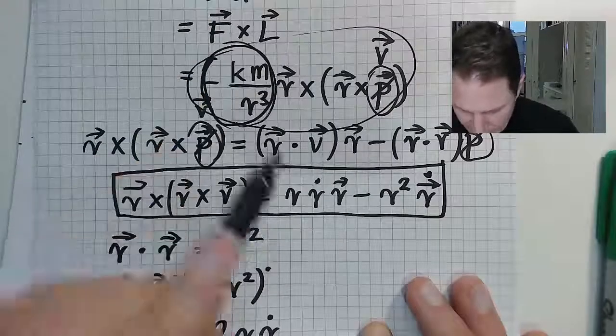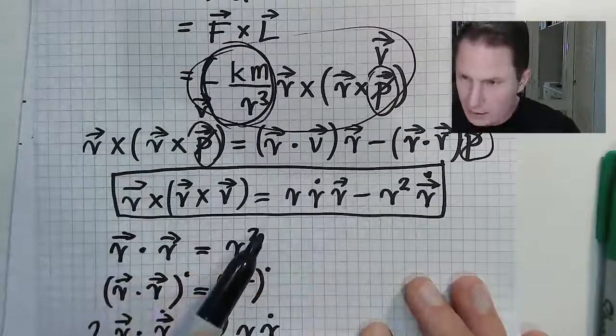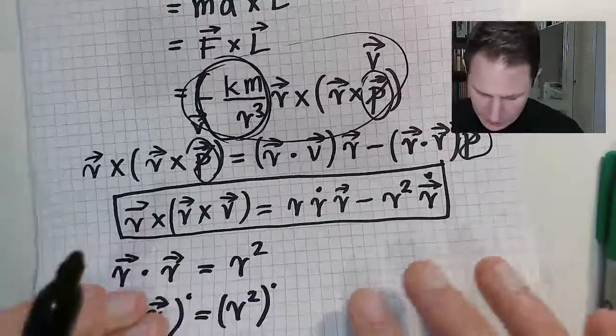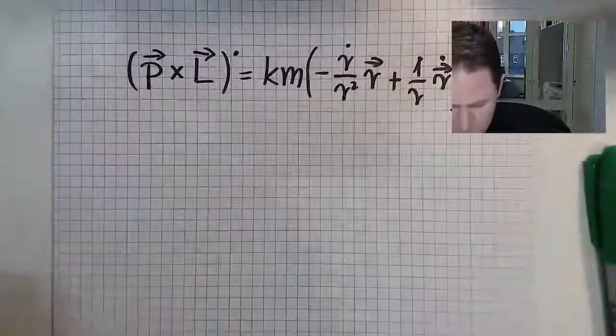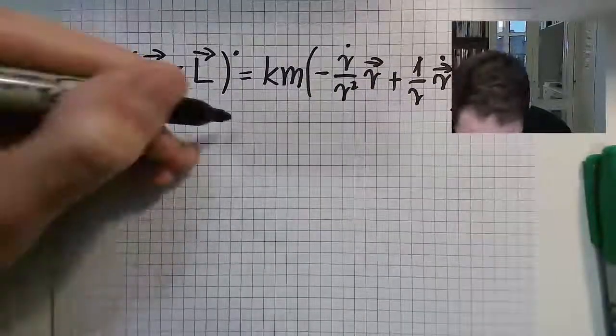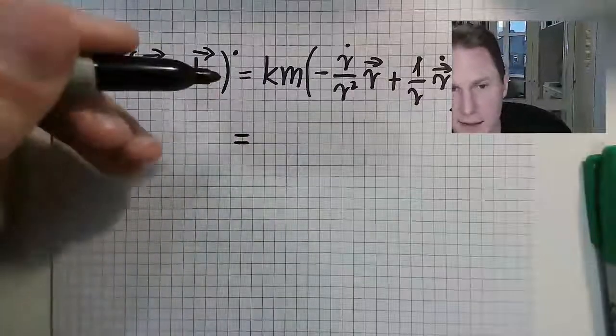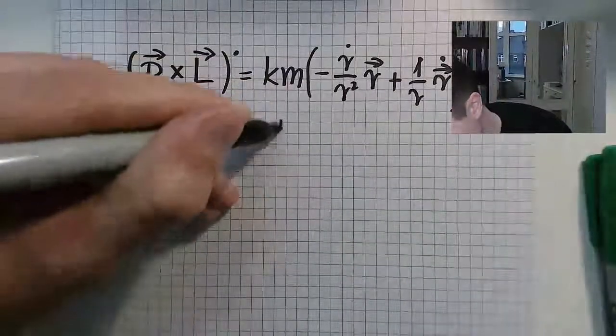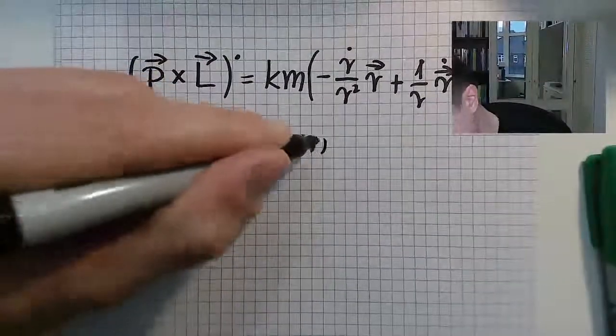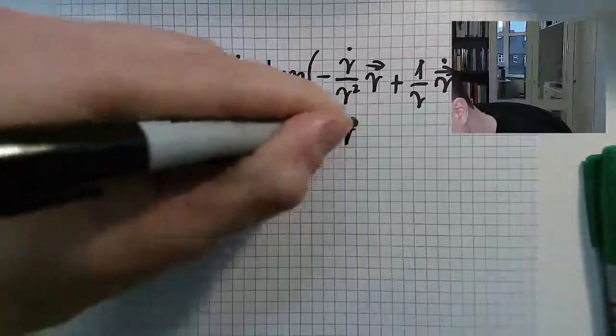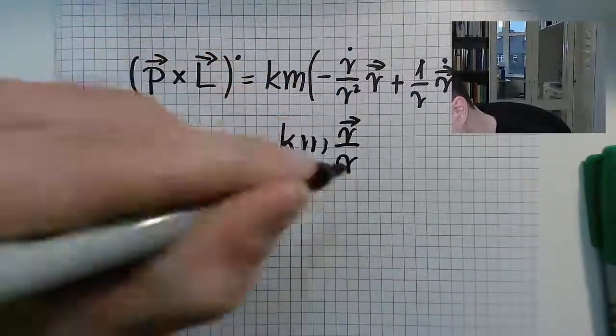We have to multiply that by this expression in this box, the right hand side of this box. If we do that, we'll get this expression, which is in fact nothing but km times r, the vector r, divided by its length,